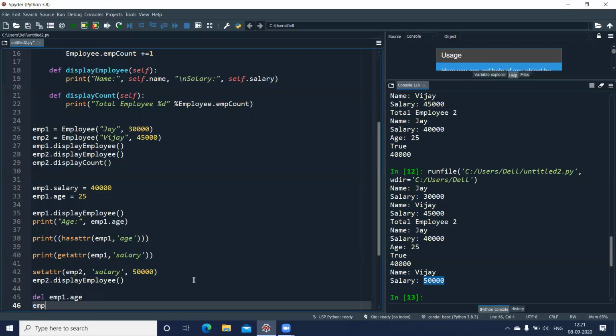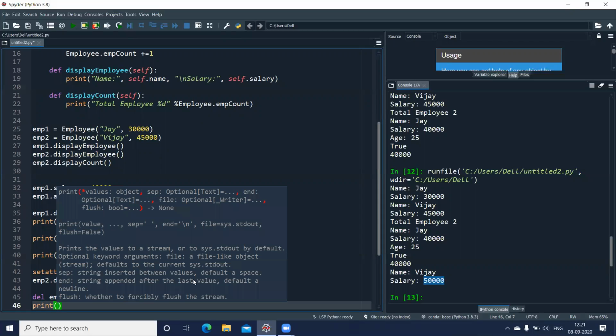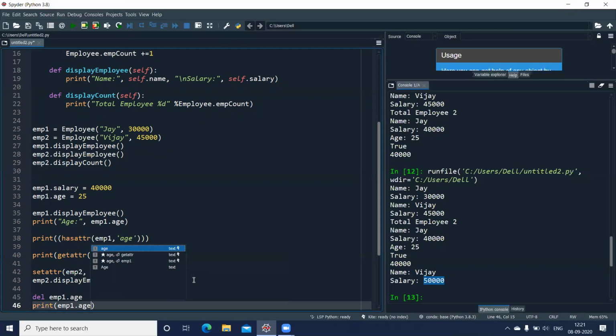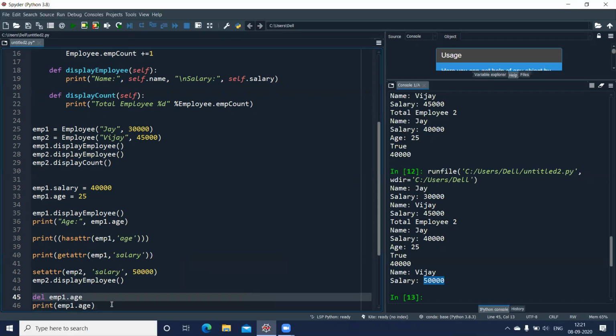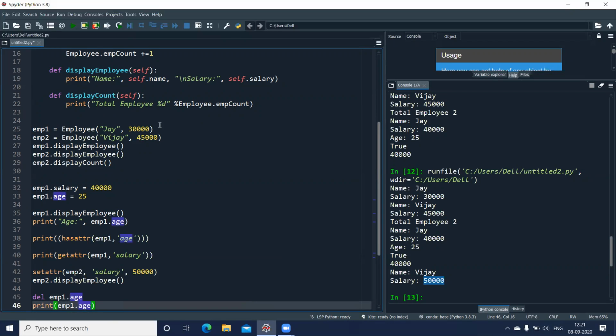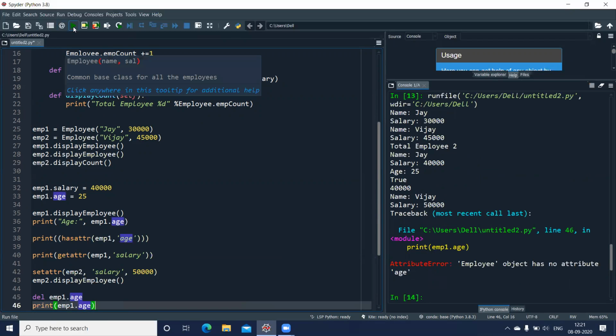So I'll use employee 1 dot display, or try to use the print statement, in fact, because it's not a part of the class there, and try to display emp1 dot age. So I have deleted this, so this should give me an error because it is not available anymore.